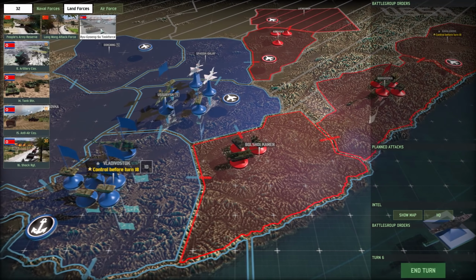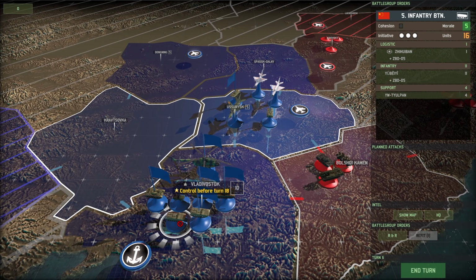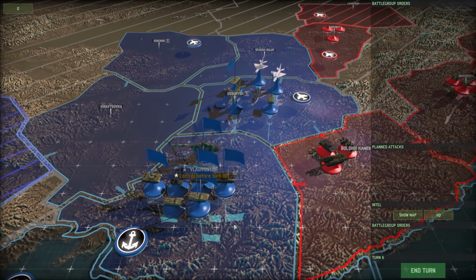See, actually, we don't even need this one. But I will need one of these tank units. So maybe we can refit them now. Oh, the thing is we just spent all of our points. But I need these tank units. I'm thinking we could send the weaker...